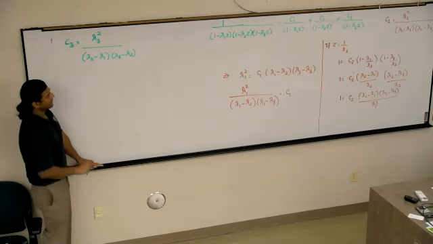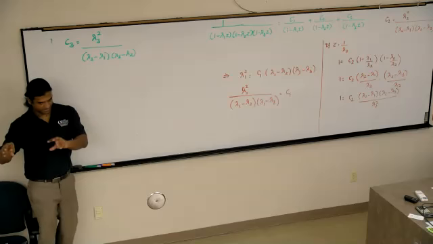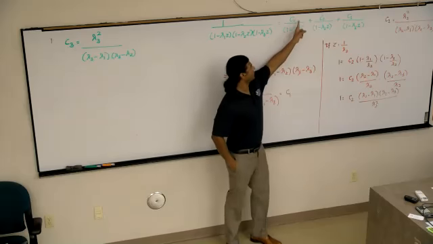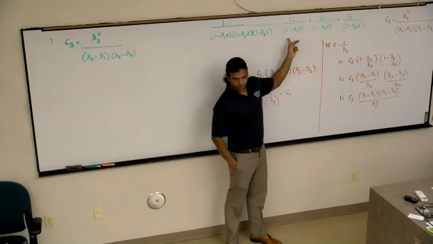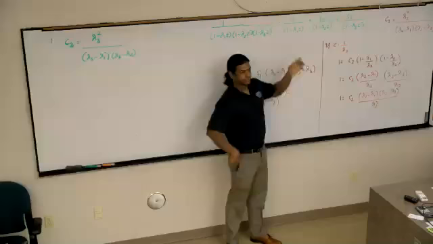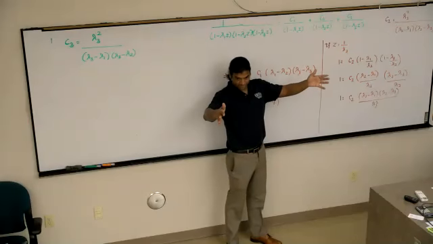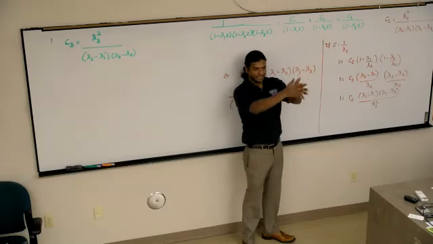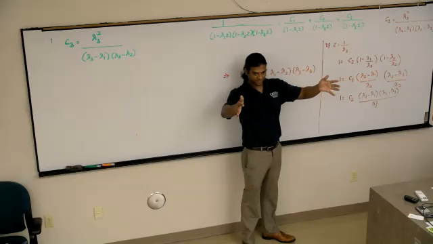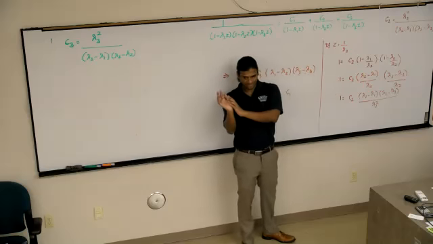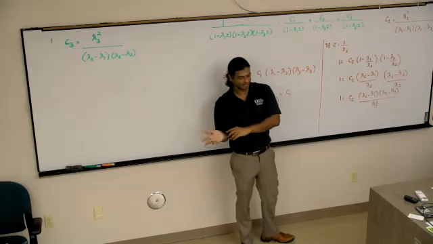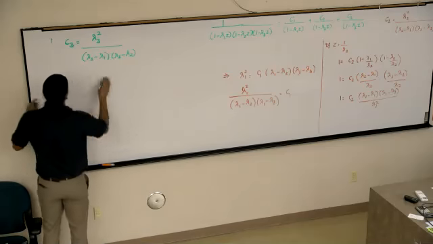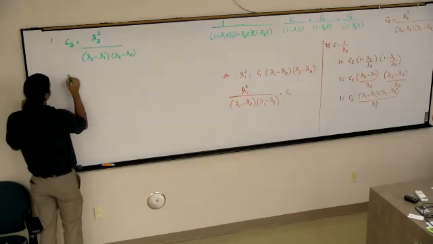Remember, last time, once we found C1 and C2, I took this term, 1 over 1 minus lambda 1 Z, and expressed it as a geometric series. I did the same with the second term, expressed it as a geometric series, combined the C values and then got an answer. So if you look at our expression,